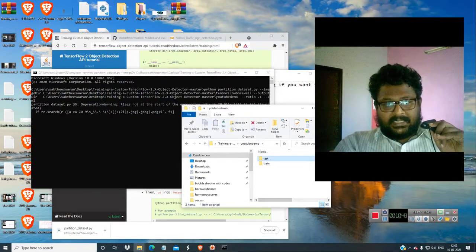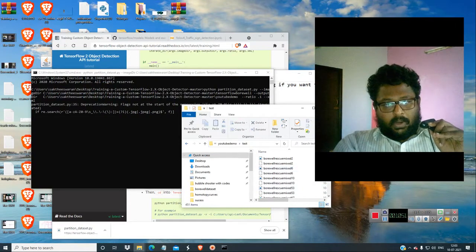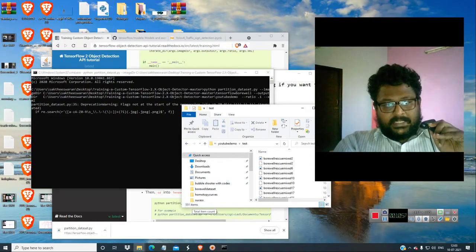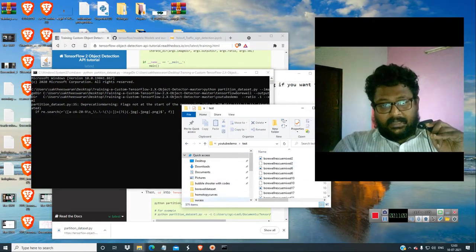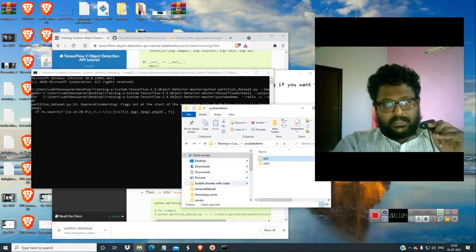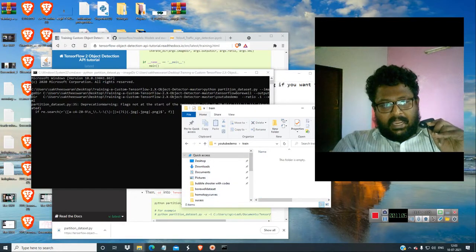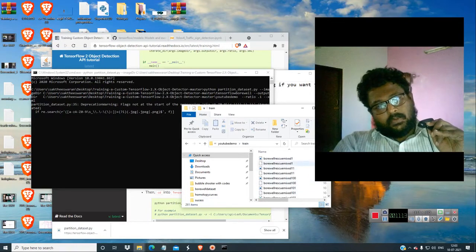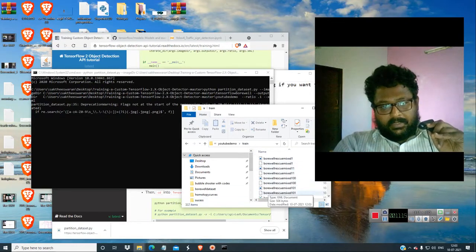So test and train files are being created, so all the images are being copied. In the test folder, as you can see, nearly 86 images have been copied. We need up to 600 files, 300 images and 300 annotation files, so everything would be copied here. That's great news. 600 files have been copied here, and now it is ready to copy the other, nearly 5400 images. When this finishes, we will go for how to make it as TF record.